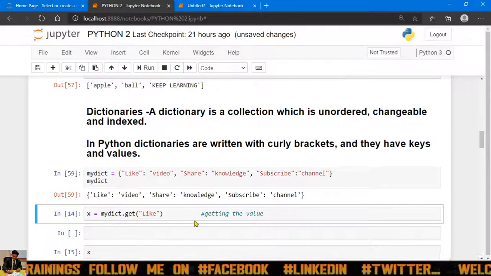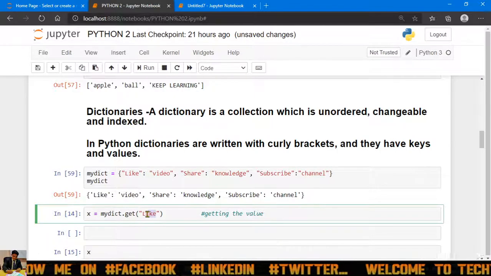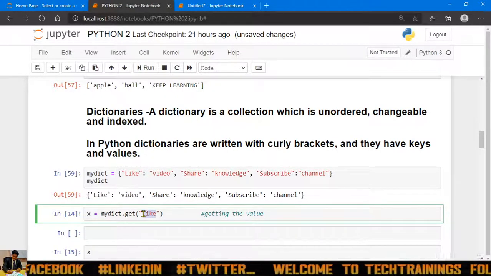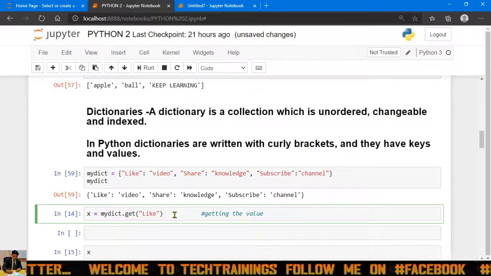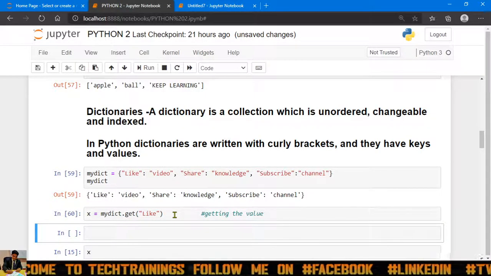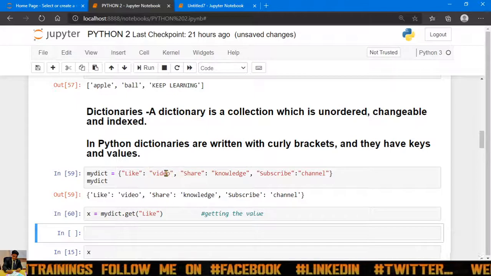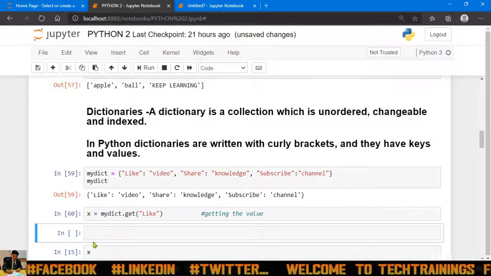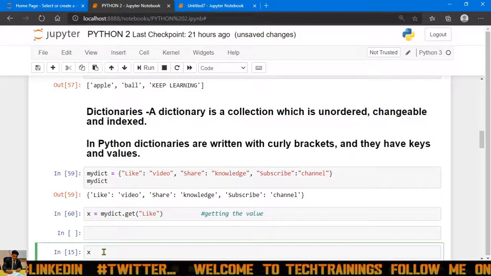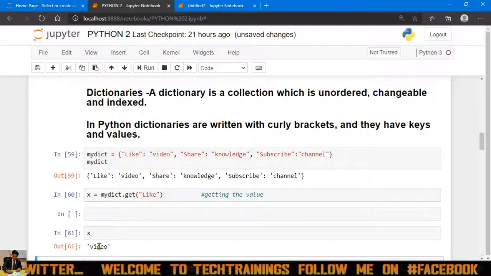So to get the data, I just give the key. If I execute this, my value stored at like will get retrieved to x. And if I print x, it will give me the video, guys.